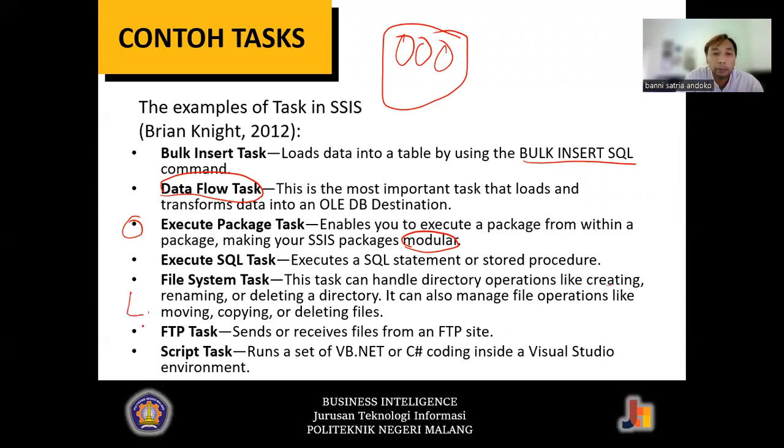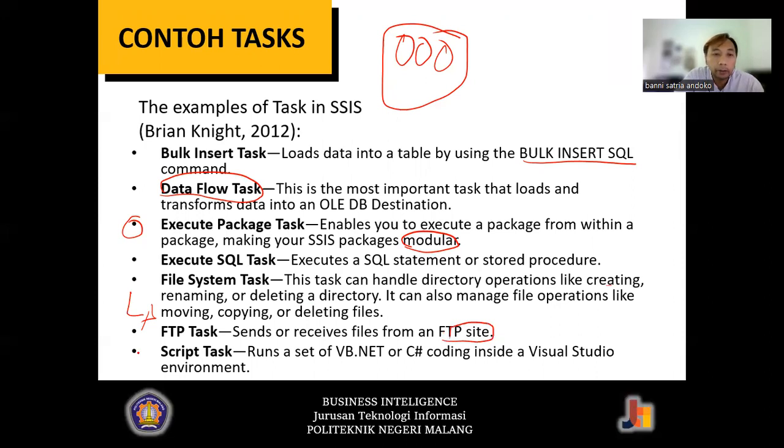The next one is the FTP task. The action of this task is described in the name, so it can be used to send or receive files from an FTP site.